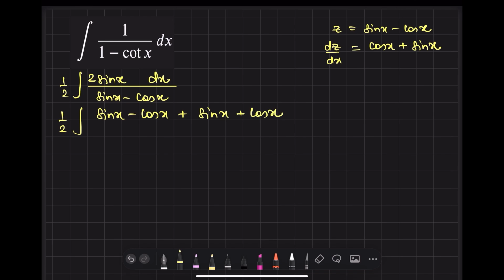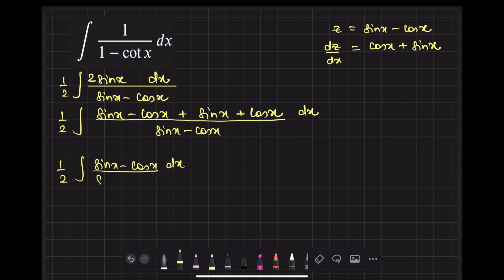Now look at the beauty. You have sin x plus sin x will become 2 sin x, managed. Sin x minus cos x plus cos x, the cos x is neutralized. So it's okay now. Now we will segregate this question into two questions. So 1 by 2 integration of sin x minus cos x dx upon sin x minus cos x